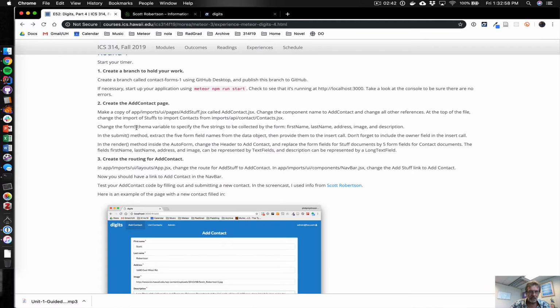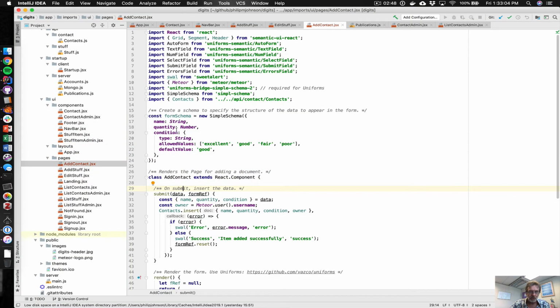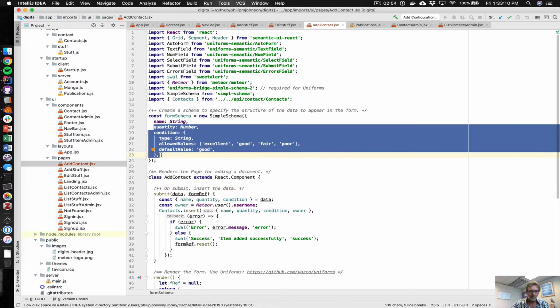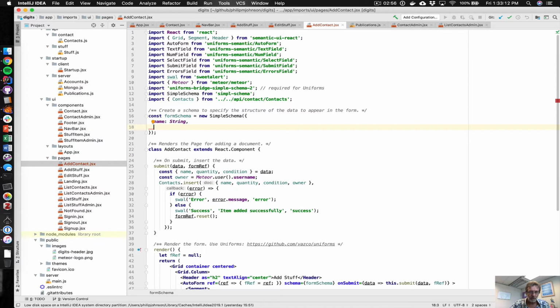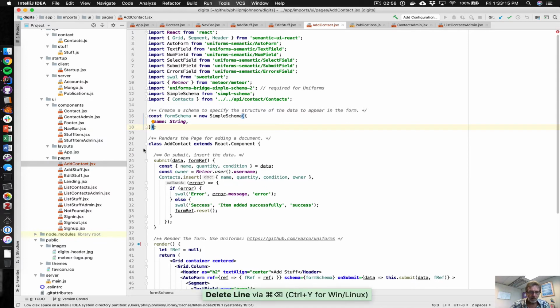And then we can change the form schema variable to specify the 5 strings to be collected by the form: first name, last name, address, image, and description. So here's our form schema that we're using to lay out the fields, and it's got some stuff in here that is not what we need. So this first one should be first name,